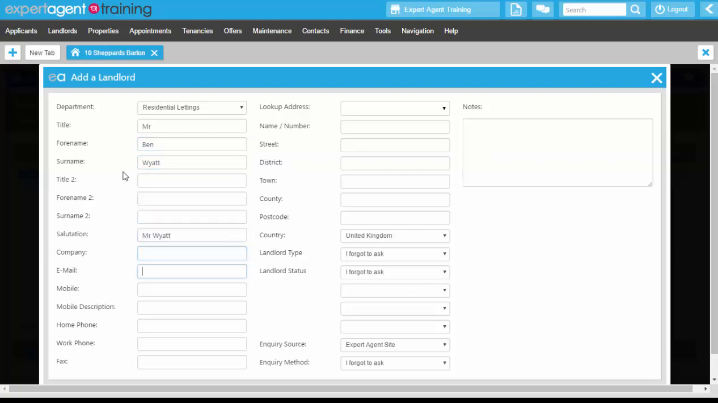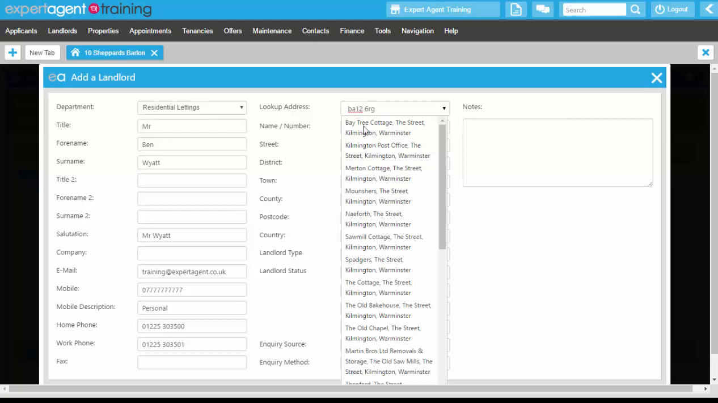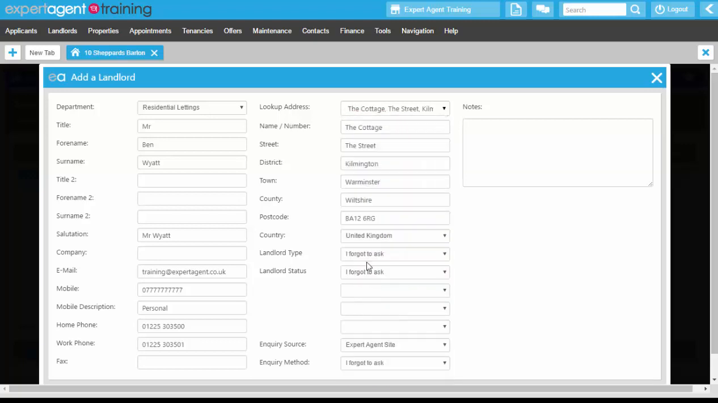Company name if needed, email address, mobile number, mobile description, home and work phone. We're going to do the address as well, so look up the address for the landlord, and then the landlord type